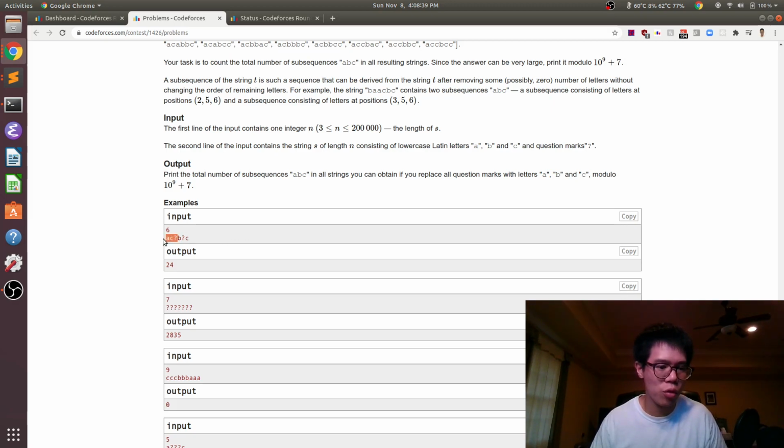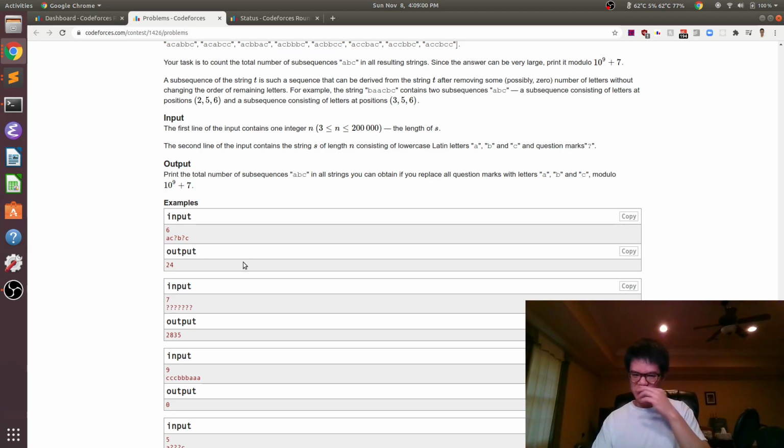And so for this prefix AC question mark, the number of ways we can get an A is, for this A, if we pick it, there are actually 3 ways we can get an A from it, because there are 3 values for this question mark. So it's ACA, ACB, and ACC. And then for this question mark, there's 1 way we can get an A, which is to make it an A, right?